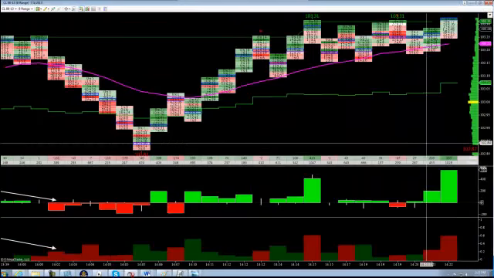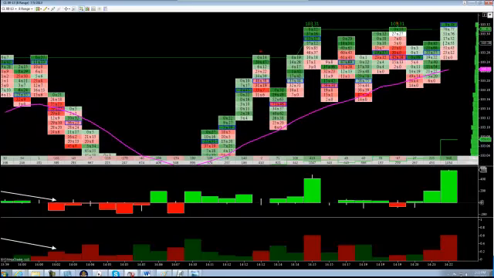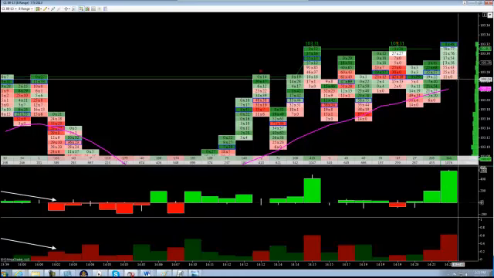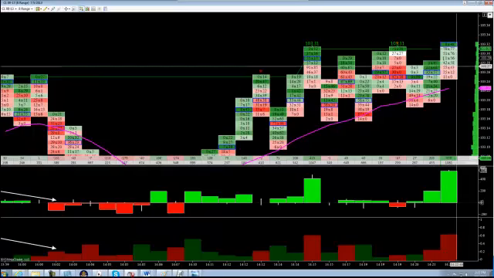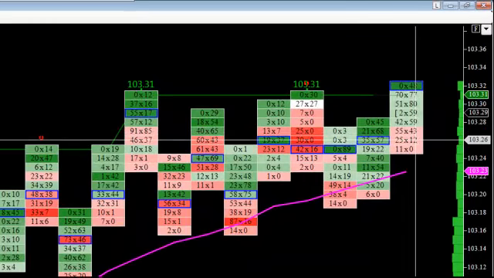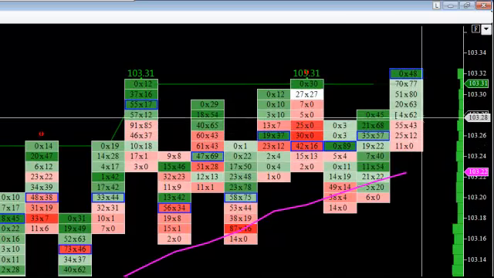Look, we got that blue box at the top, and then we would expect to see some stops up there, so we would get that box. So I would be looking here to see if the sellers start coming in. Now they're down in here below 103.27, 103.26. Now we're back up in the buying department, and I'd be watching to see